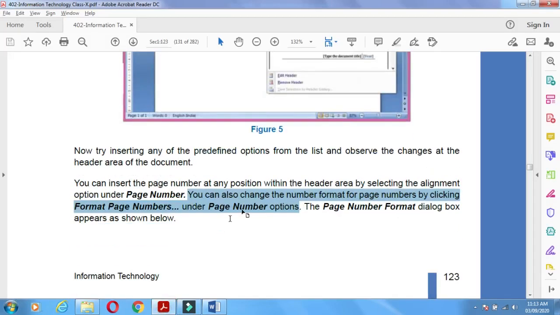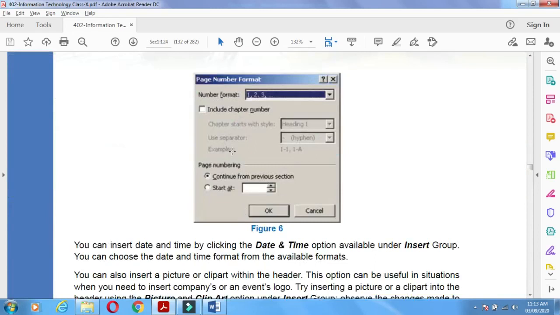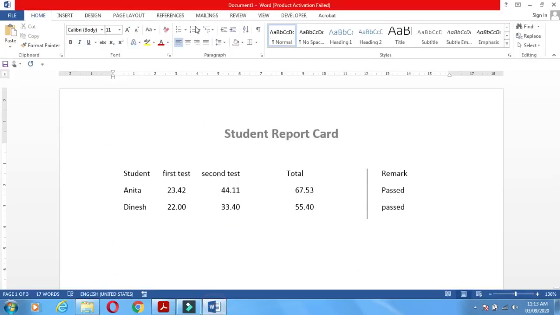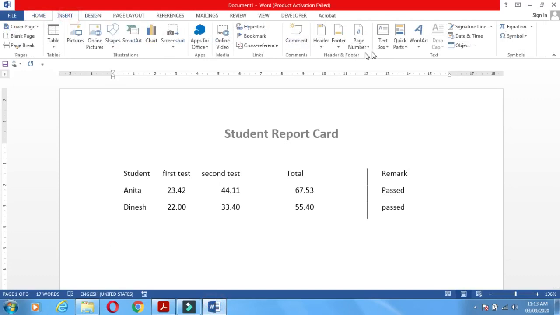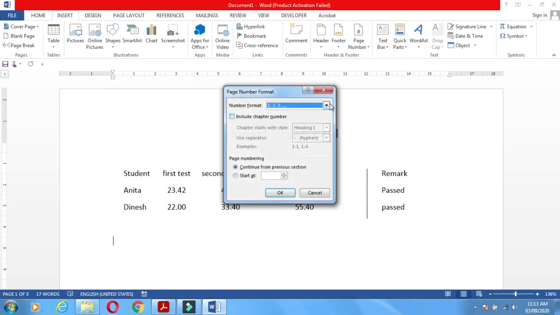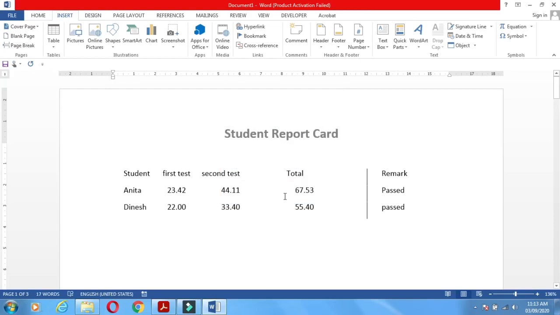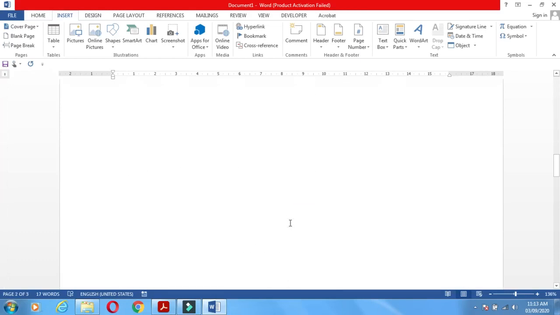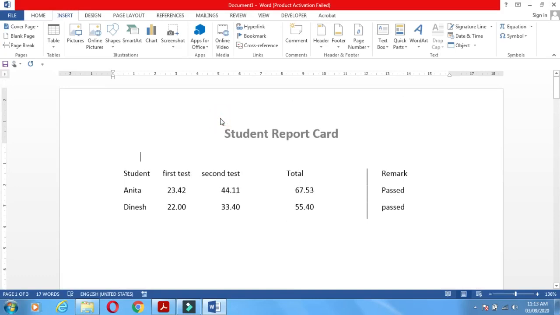Understand? And we can also apply the page number, and we can change that page number from page number options. The page number option coming in this way. Here, if we go in the insert, then page number, format of page number. Here is the format, which kind of format you want, that style you can apply page number. Means that page number will be applied to your header.